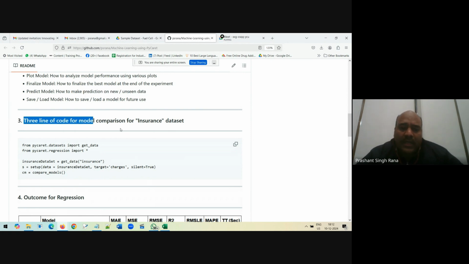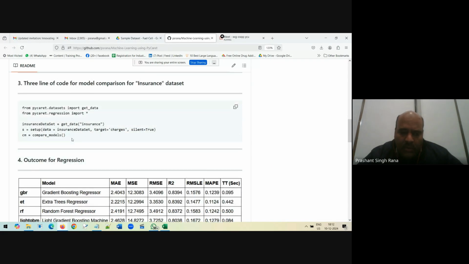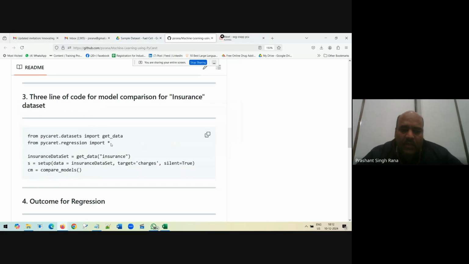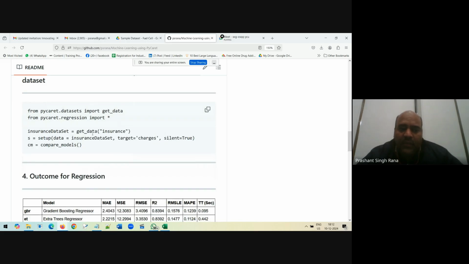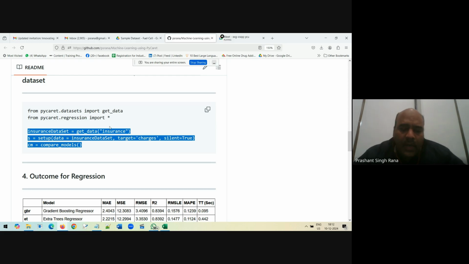Let's suppose this is a sample code. The first 2 lines are nothing but importing a library. And these are the 3 new lines. The very first is getting the data set. Next, we call a function setup that requires some data input. And finally, we call a function known as compare models. These 3 lines of code we need to run, and that will compare different machine learning models on